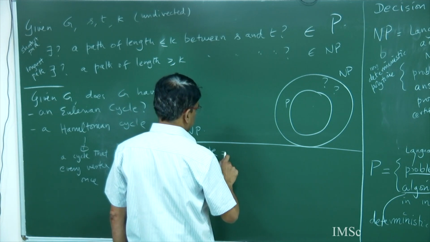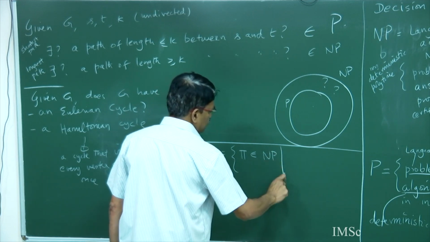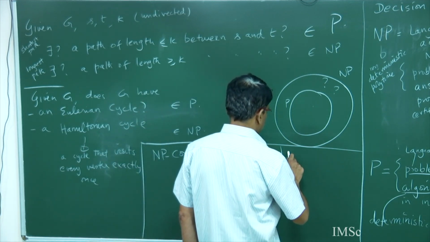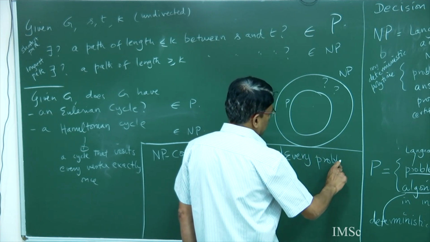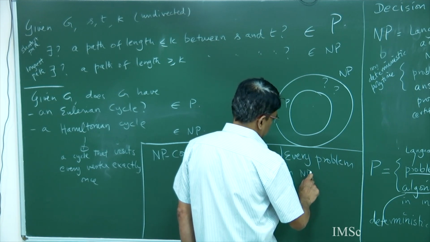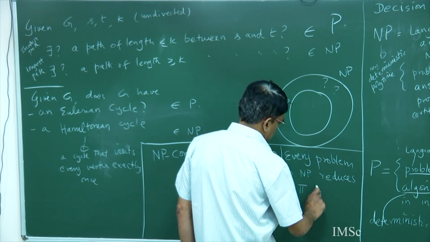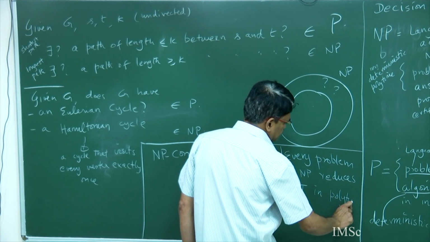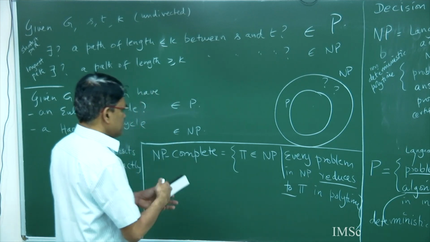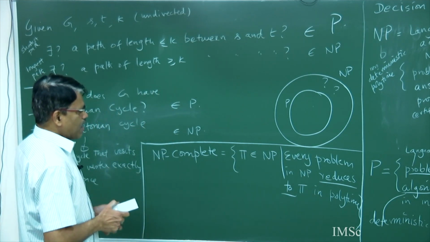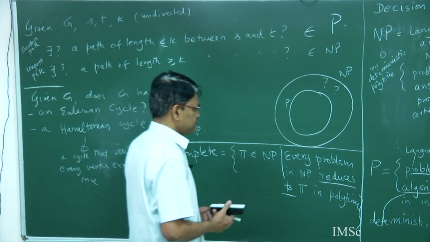Okay. So, I am going to give multiple definitions. So, these are problems, they are in NP and every problem in NP reduces to pi in polytime. Okay, I have to define what reduces to means, but it is a class of problems that somehow captures every problem in NP. Okay. What does reduces to mean? So, let us use